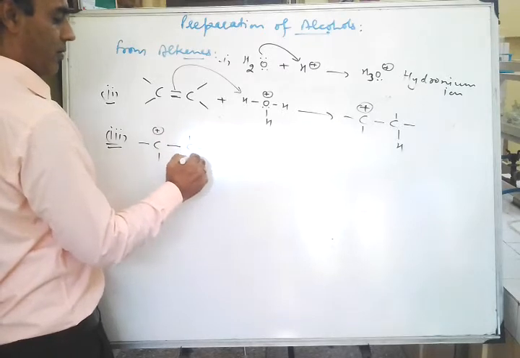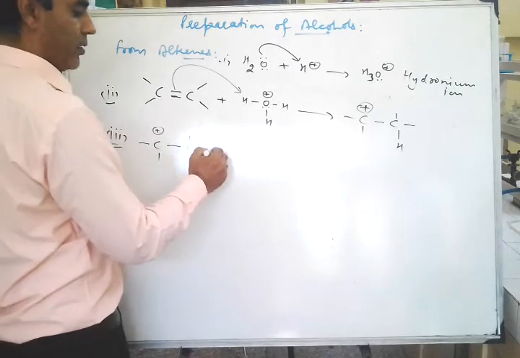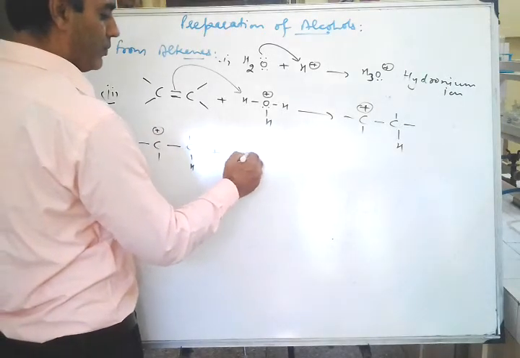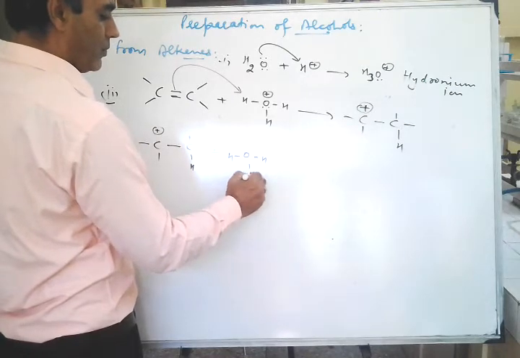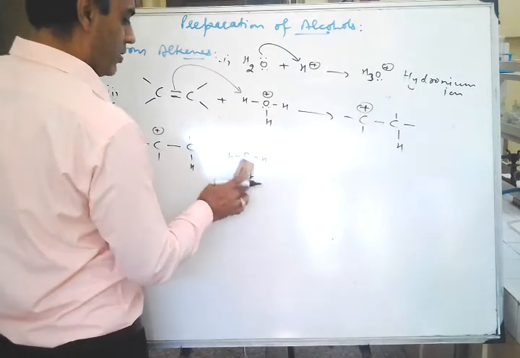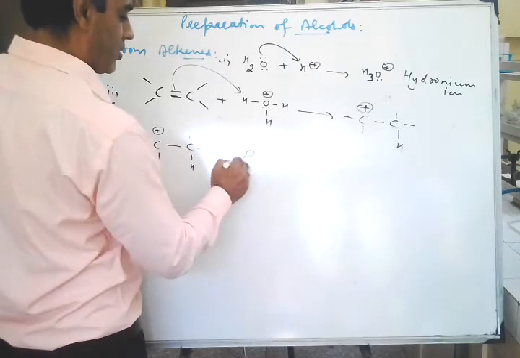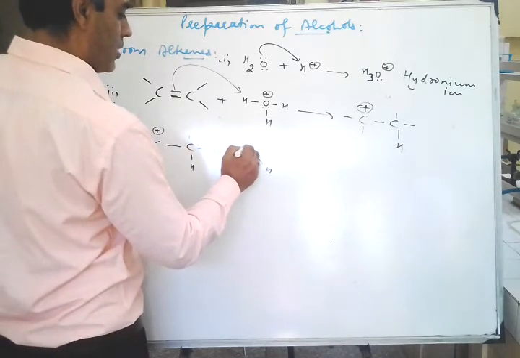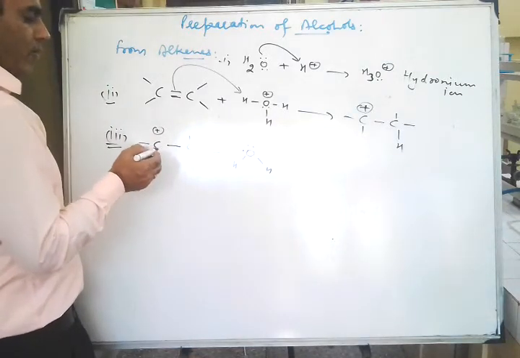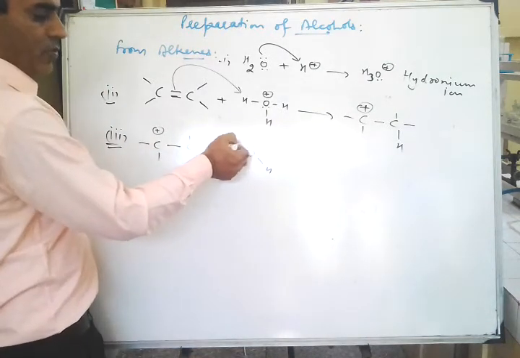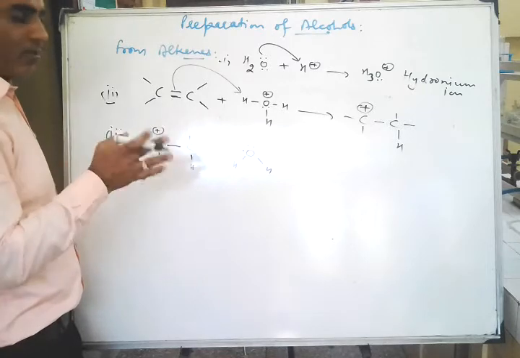and show the water molecule, right? This is the structure of water molecule. It has two electron pairs. Now, because of these two electron pairs, and we know that electrons carry negative charge,